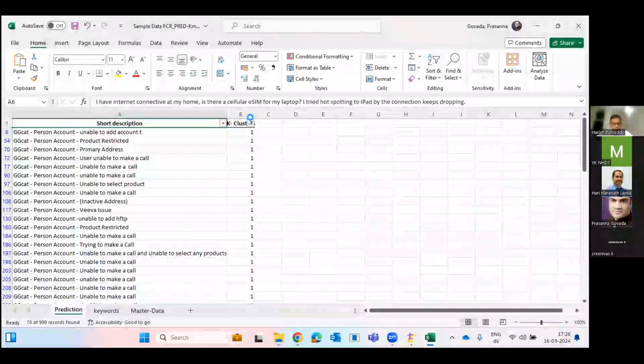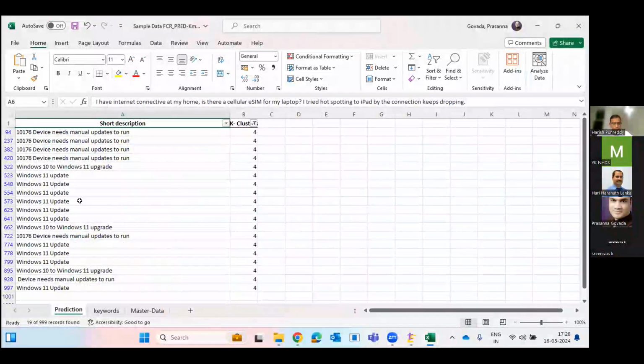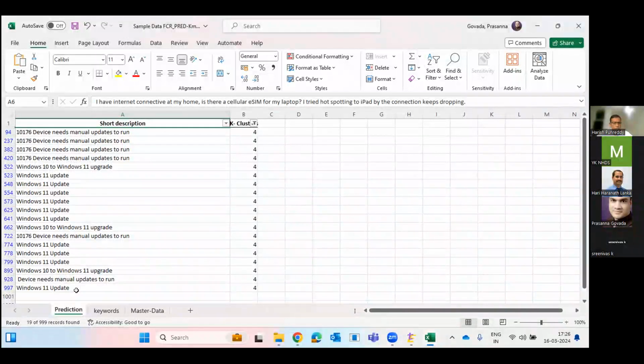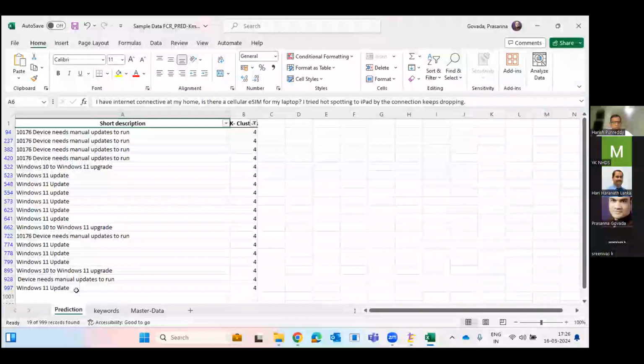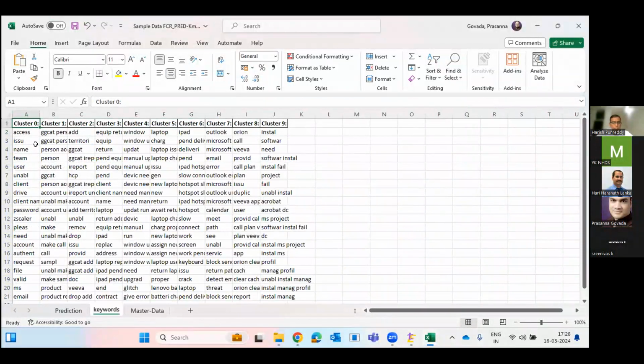Why not go to cluster 4 again and see whether it makes sense to us? So yes, if you see Windows 11 update or XYZ device needs manual updates to run, similar kind of incidents again clustered together. So if you now think about this kind of an evaluation, what it does is it brings together a similar set of incidents by means of evaluating the keywords.